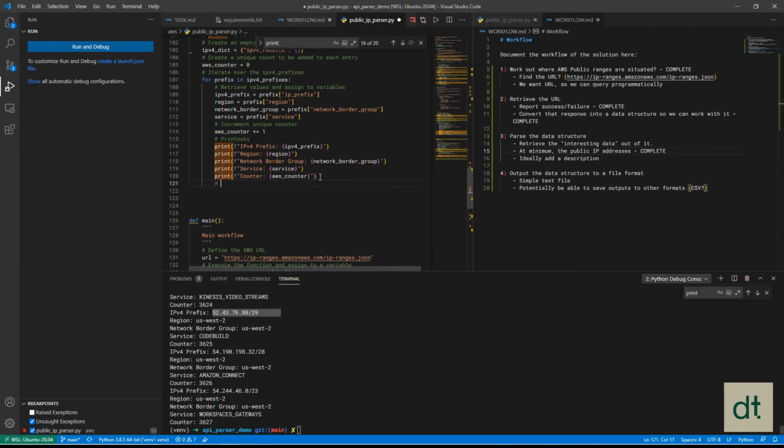So what I'm going to do is string together the region, network border group, service, and AWS counter into a description variable. Okay, so we'll call this description,